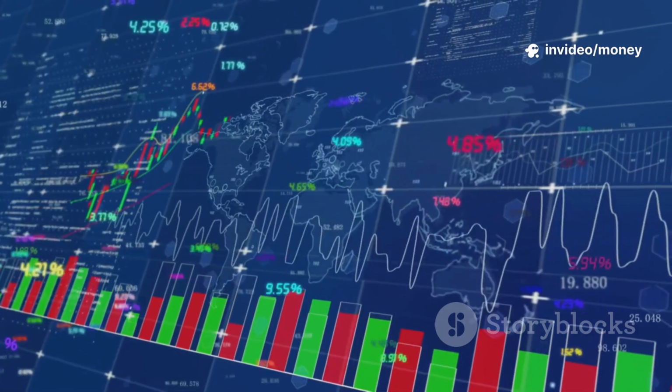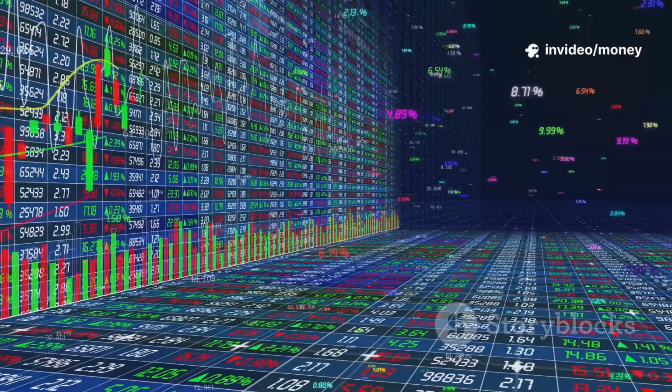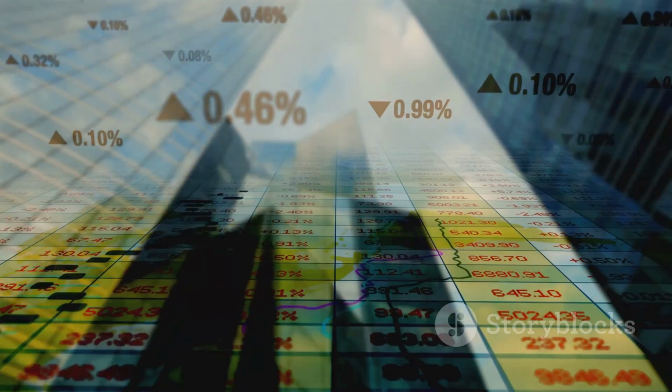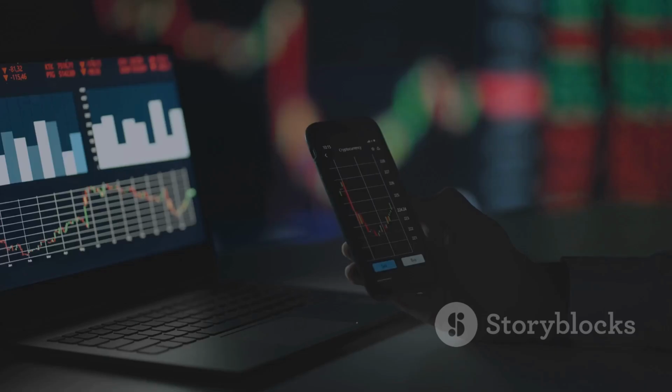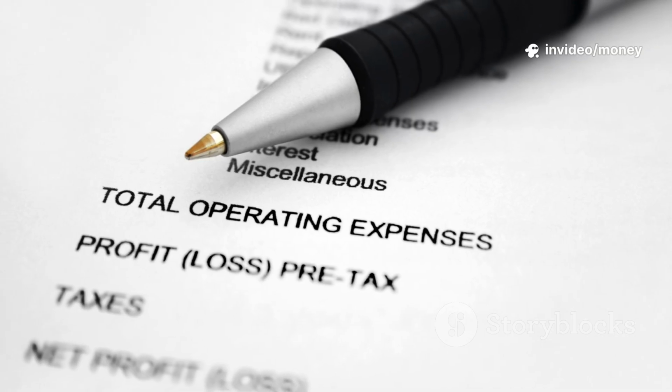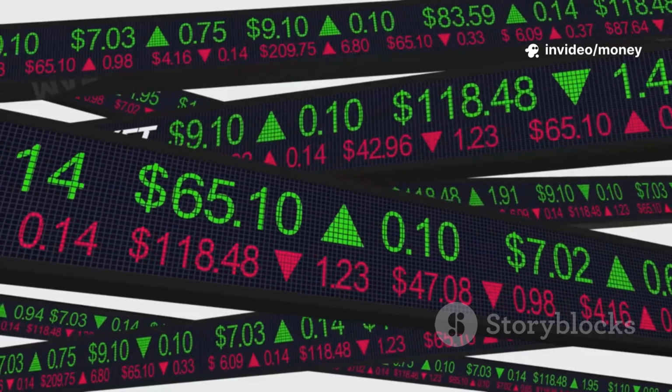Let's dive into the core of stock market fundamentals and turn complex data into actionable insights. This is the knowledge that builds wealth. Let's get started. EPS reveals a company's profit per share, calculated as net income minus preferred dividends, divided by average